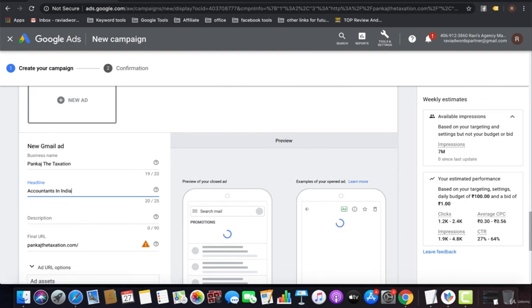Like if I'm targeting for India, I can go with number 1. Display ads can be shown on your Gmail interface home page, or they can show in your email headlines as well, like the upper headlines where your email title, where the email header is. Gmail ads can show there as well. Got affordable accounting solution for your business.